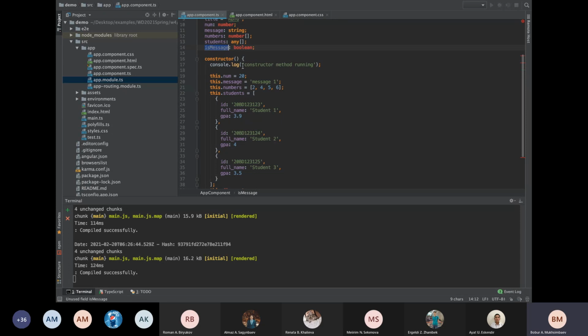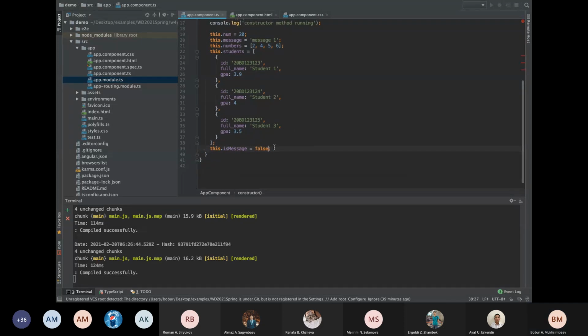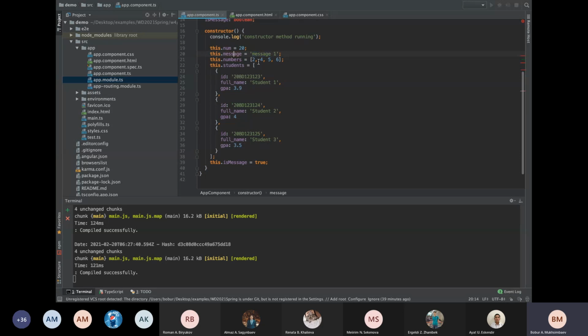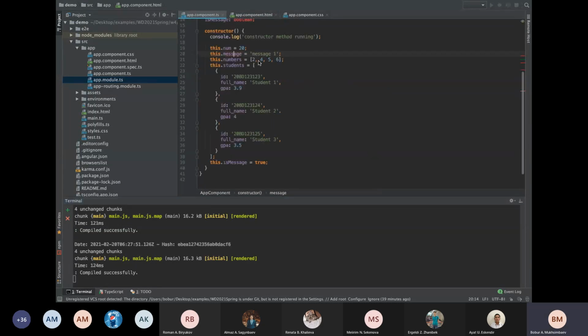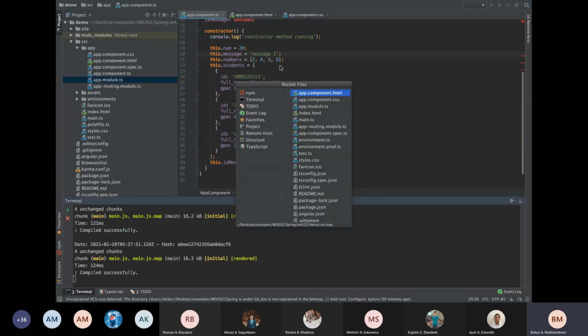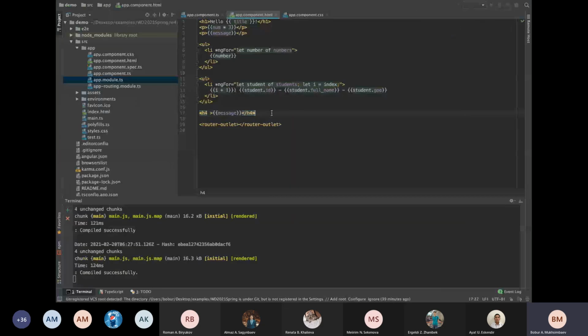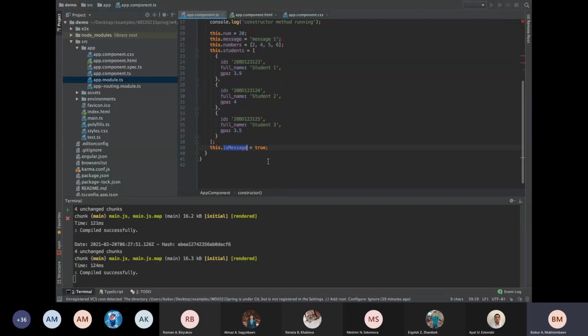So is message at the first time will be equals to false. Sorry, let it be true. So message one, our variable. Let's create it, let's show it here. The message one. So our message value should be inside of the here. So the message one showed here, and this message will be showed only if and only if this is message